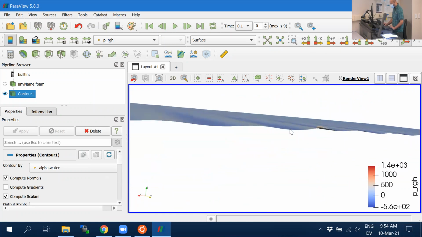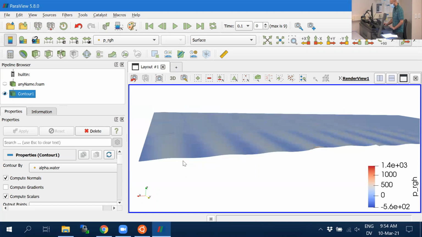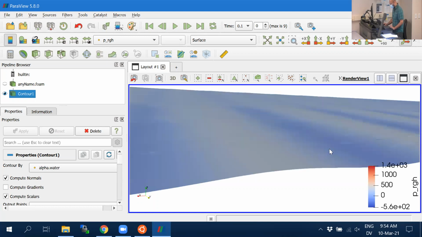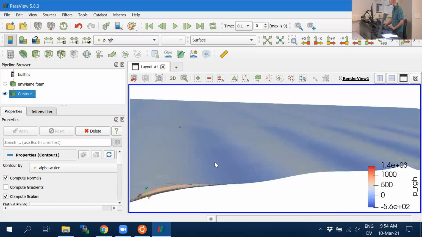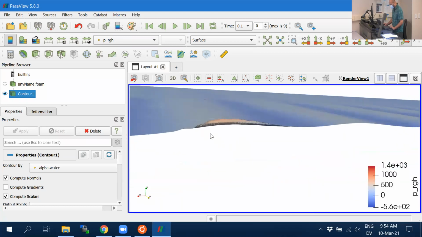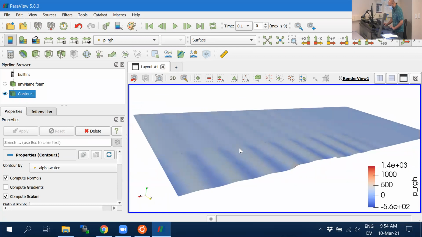You see this sinusoidal wave that is being generated in the simulation. And the sinusoidal wave will keep moving downstream and it'll interact with the hull. And you see the water surface breaking when it reaches the hull. So now I told you I'll show you how to